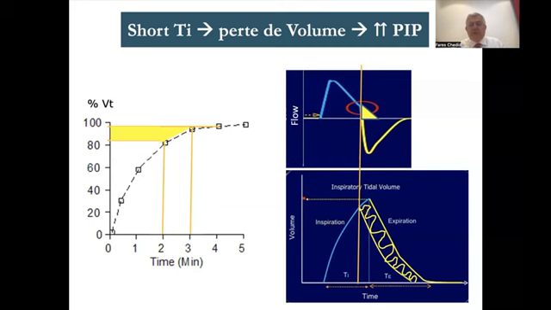So this volume lost will be replaced by PIP. Since we lost volume, the PIP will shoot up to compensate for that volume. So you would come and think that the patient is not ready for extubation or he's needing too much pressure, while in fact, all he needs is enough I time. So don't allow the I time to be shorter than permitted.